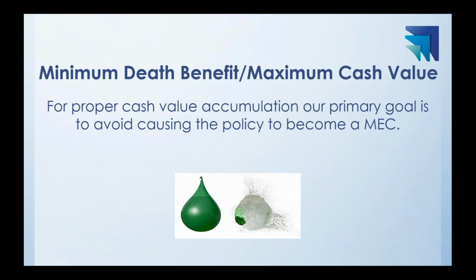So let's talk a little bit more about our solve and about MEC. Like I said, we solve for minimum death benefit, maximum cash value to stay within those MEC guidelines. And I like to use the water balloon theory for those of you that maybe have a hard time grasping what I'm talking about. Think about it this way. You've got a water balloon, like when you're a little kid and you're going to get in a water balloon fight with your friends, right? So you hook up that water balloon to a faucet and turn on the faucet. You're going to get as much water into that balloon as you possibly can so that you can take the balloon off the faucet and tie a knot and still hold it without having that balloon burst in your hand. Well, now let's compare that to how it would be with an IUL.